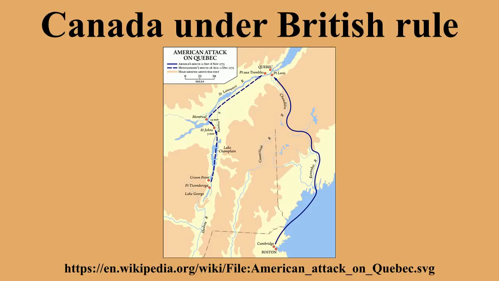A number of Loyalists that came north after the American Revolution were of African descent, including former slaves who had been freed as a result of service to the British, and over 2,000 African slaves. In 1793, Upper Canada became the first British jurisdiction to enact legislation to suppress slavery, with the Act Against Slavery being passed allowing for its gradual abolition.